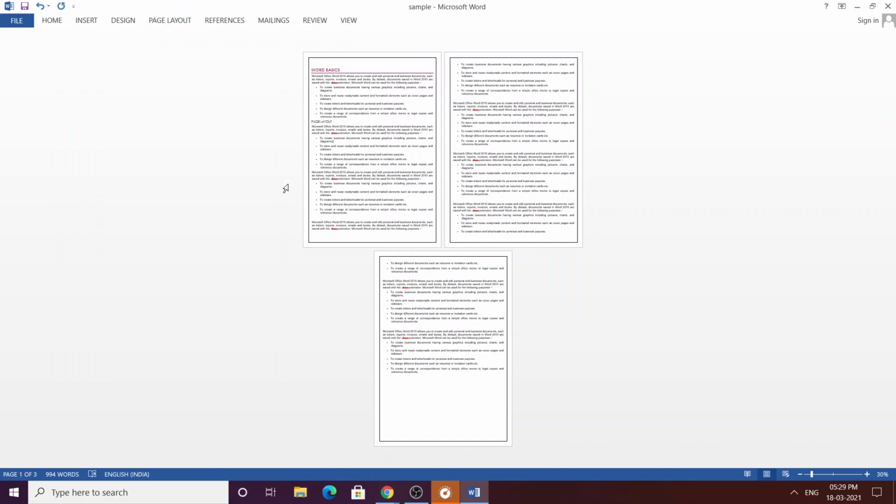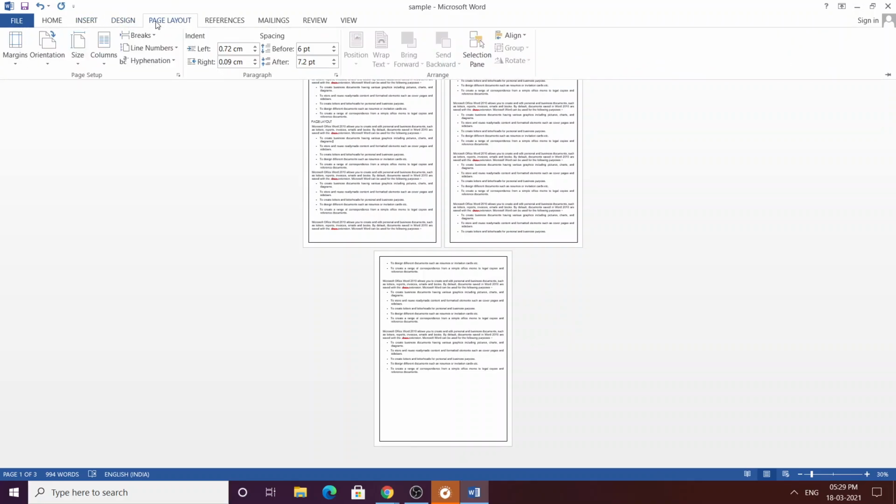If you want to print any charts or Excel or tables, then you can use landscape orientation. Or else if you want only a text document to be printed out, then you can use this portrait orientation. So that is the difference between portrait and landscape. In portrait, the height will be higher than the width, and for landscape, the width will be higher than the height.